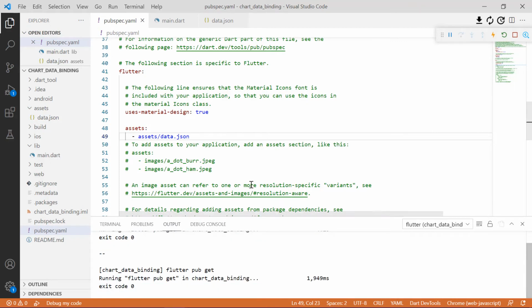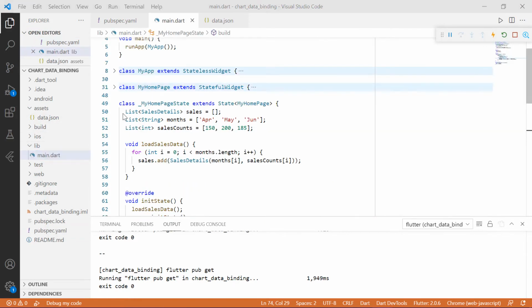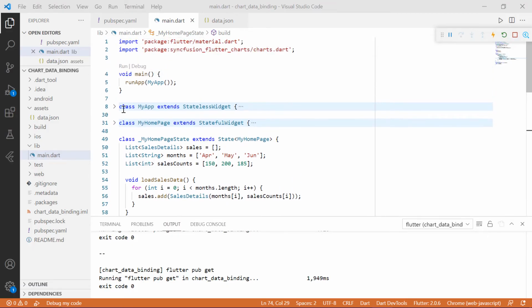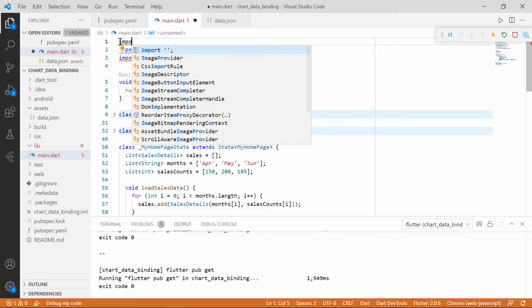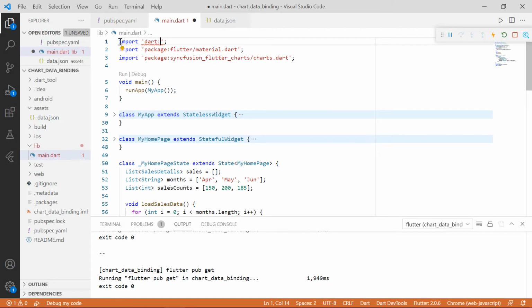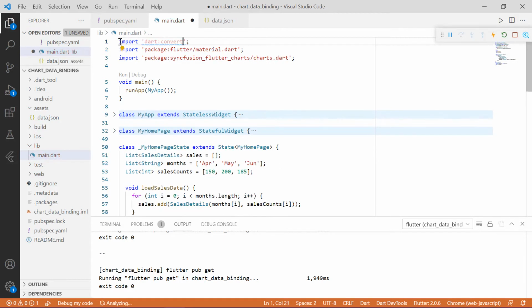Okay, let's move to the main.dart file. We need dart:convert and Flutter services libraries for our project, so I'm importing those now.